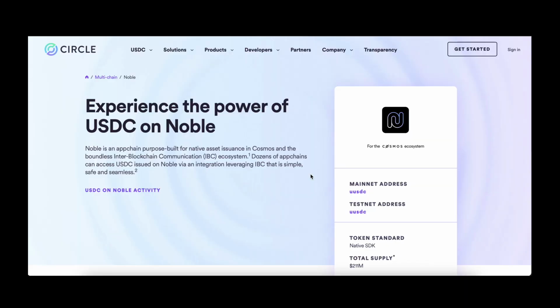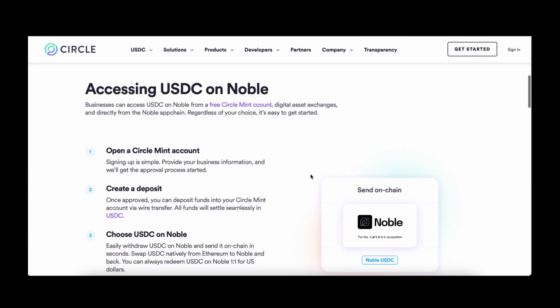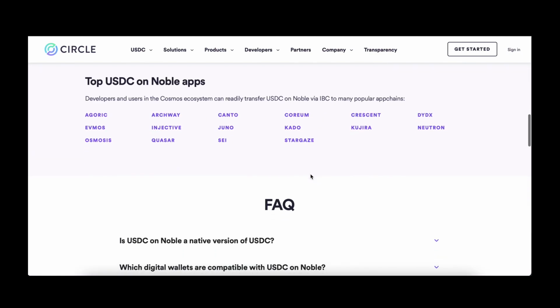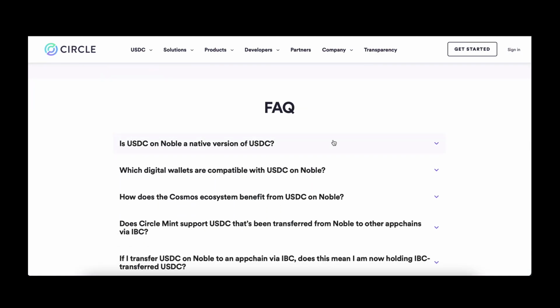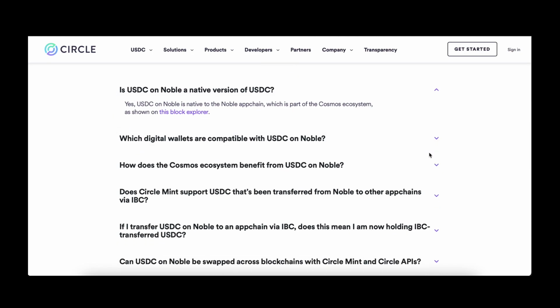USDC Noble is USDC in its native form on Cosmos. That means USDC without any bridge dependencies. And for that reason, it's gained a lot of attention as a helpful on-ramp asset, as well as bringing opportunities in DeFi. So in this video, we'll show you how to move your USDC from the custody of Coinbase into